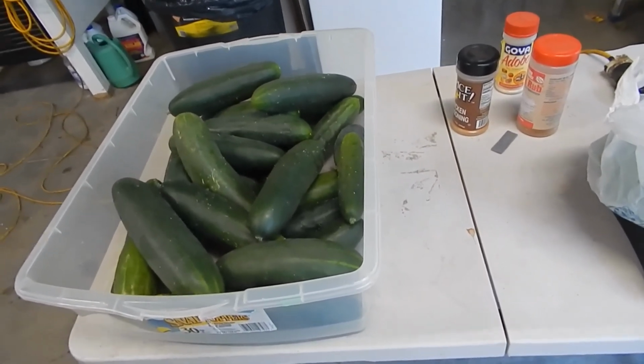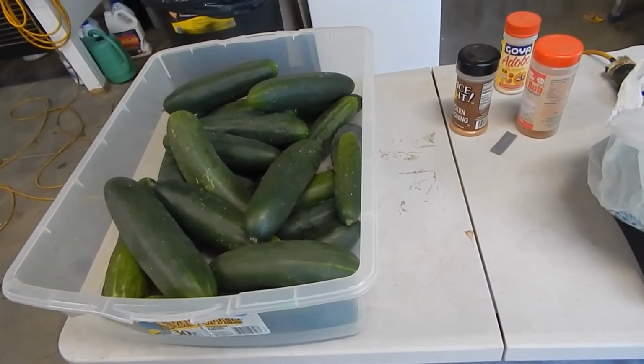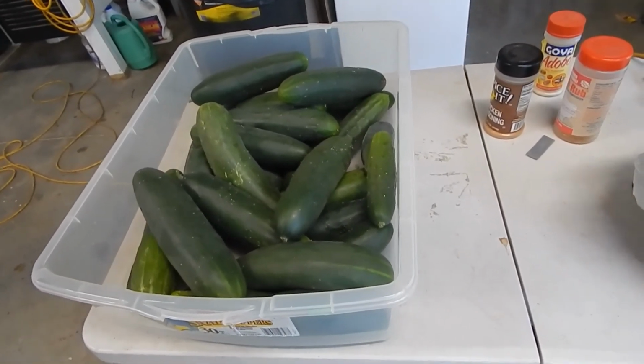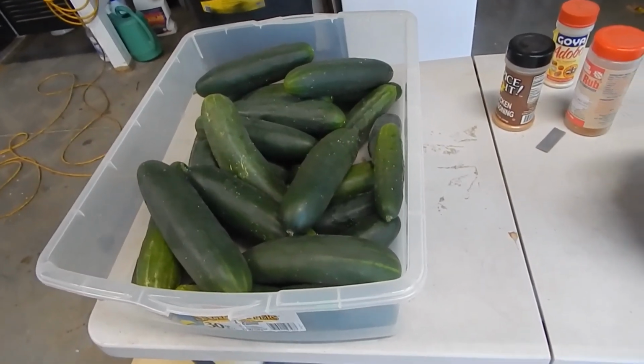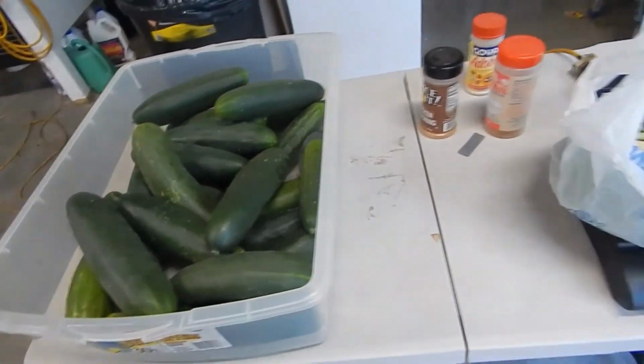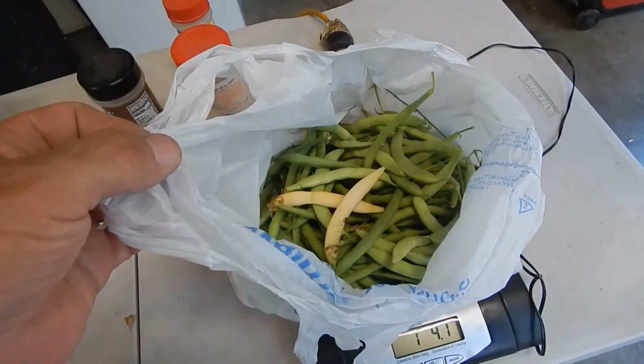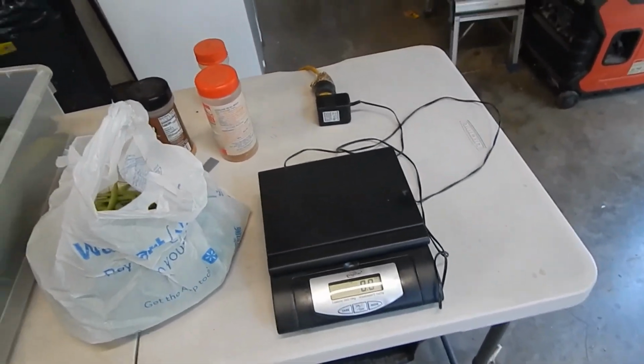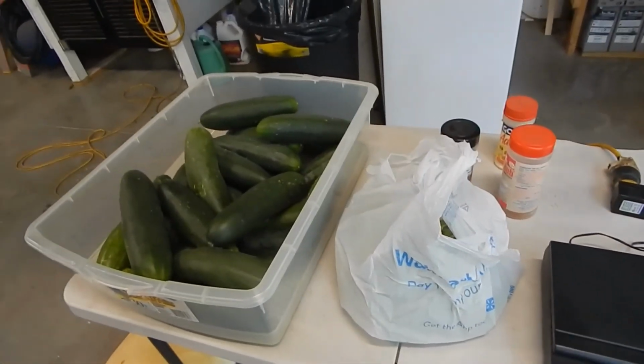The squash you can pretty much store the way they are. I ate my last squash about a month ago. I did nothing to it but put it on a shelf. One did go bad and the rest were fine. We'll see how these beans turn out. And I'm going to have plenty of tomatoes, and I'm going to be a busy guy doing a lot